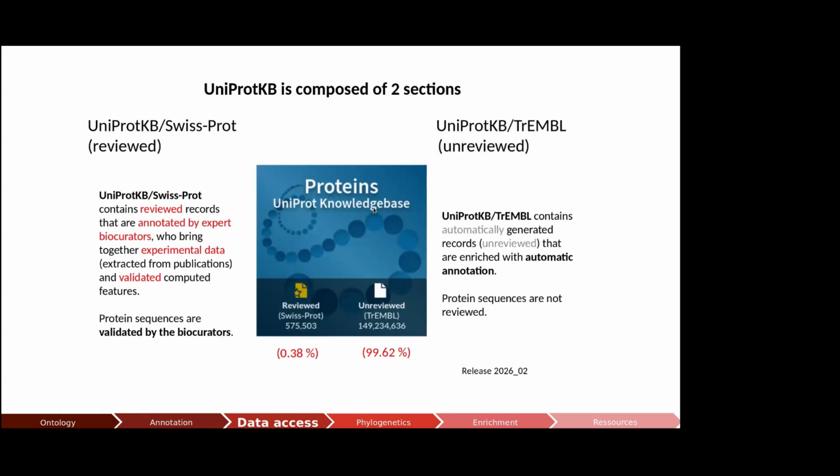So we have 2 sections, and I'm going to insist on this throughout the presentation. SwissProt is the reviewed and expert curated section, which contains only, I'll say, about 0.4% of the records, and then TrEMBL, the unreviewed section, which contains more than 99% of the records. It's very important to note that although this is a very small number and you might think it's negligible, this